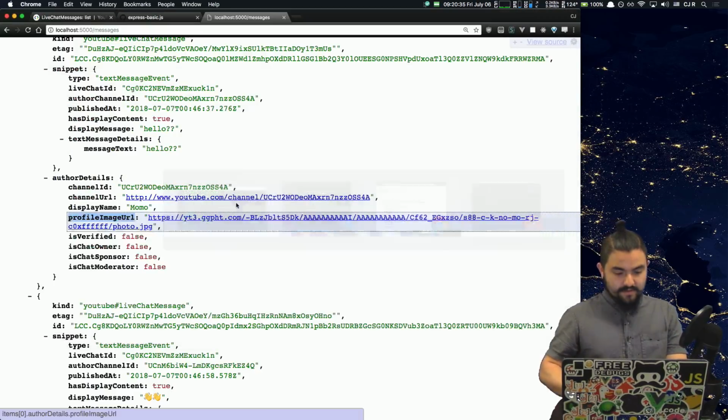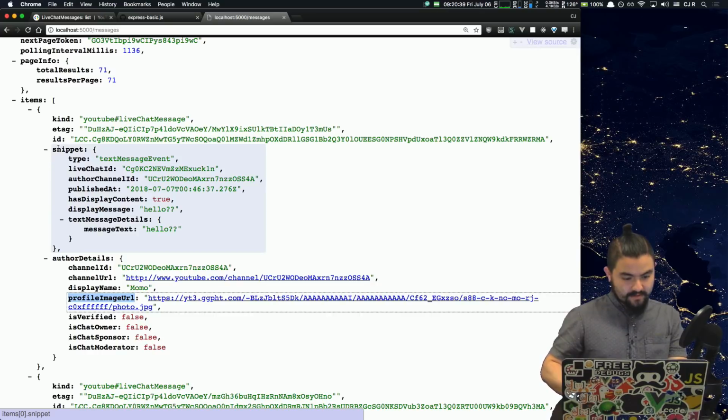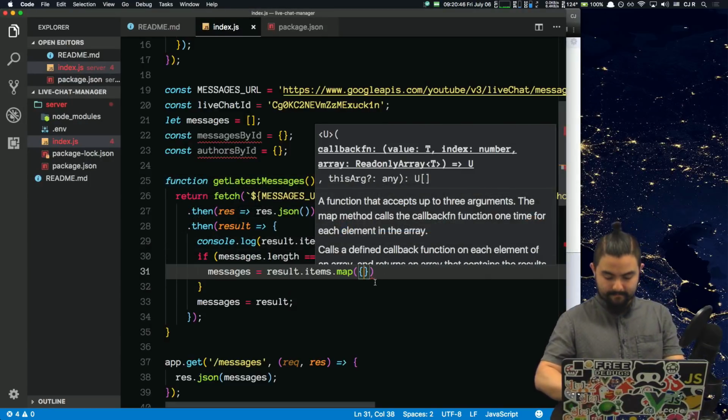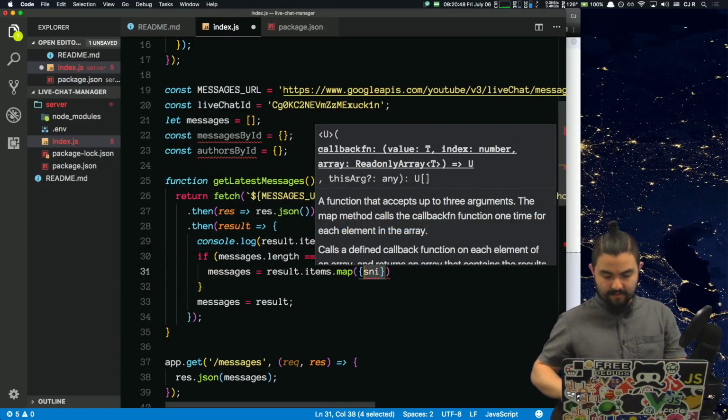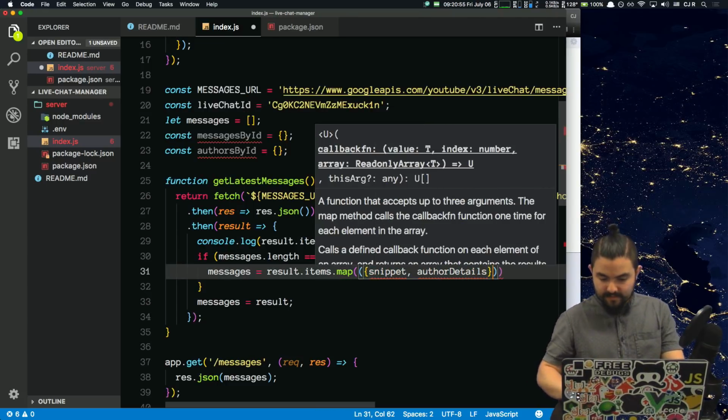What do we want? We want to grab the snippet and the author details. I think I have to wrap this in parentheses, so grab the snippet, author details,